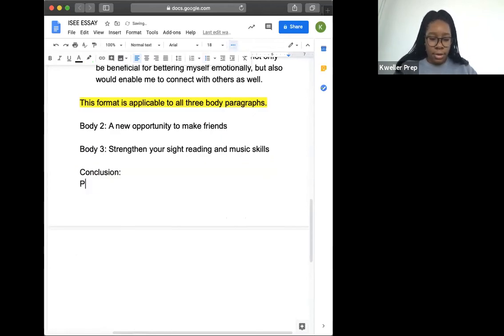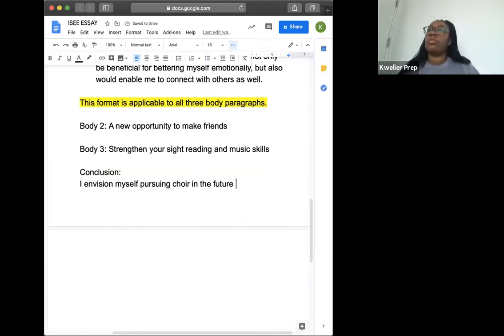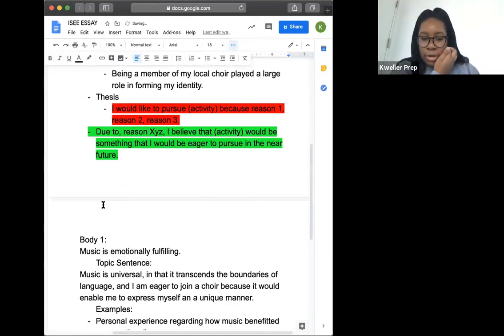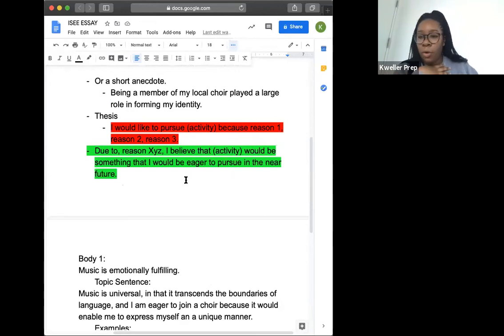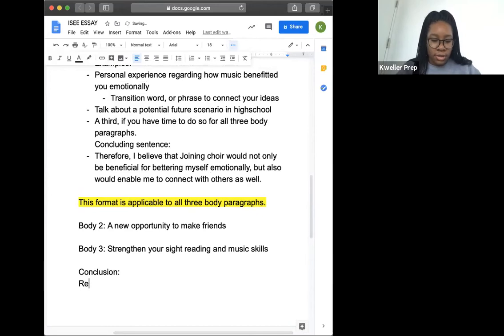So you say, I envision myself as, and you could elaborate. You envision yourself doing this or whatever. You don't want to say, "due to this, I believe that." You don't want to use the same format. So let me write that down. Restate your thesis